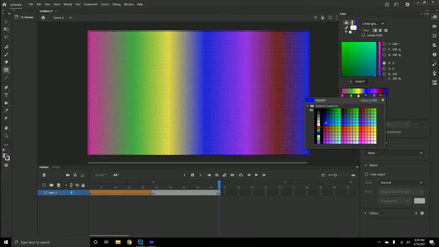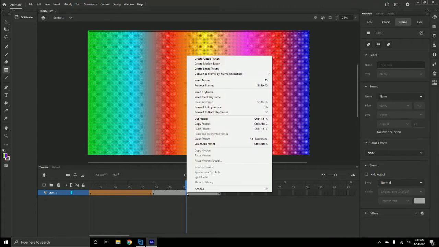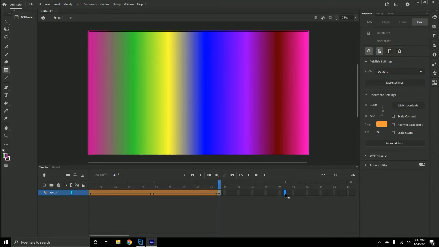I don't want black. Something different. How about pink again? Okay. Right click a frame in between, create shape tween, and like previously, I want it to loop,